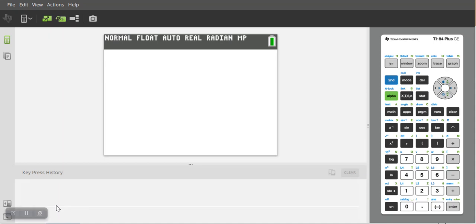In this tutorial, I'm going to show you how to graph function operations on your graphing calculator. By function operations, I mean the sum or difference of two functions, the product of functions, the quotient of functions, and even function composition. So the first thing you're going to want to do is go to your y equals